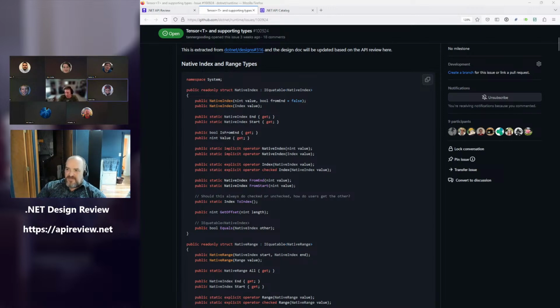Question though, because there's a suggestion that this could have been long earlier, but that would hurt 32-bit perf. If we saw this coming, would we have made index use nint originally? Would there have been any downside? I realize we can't do that now. I think we either would have made it use nint, or we would have named it int32 index.